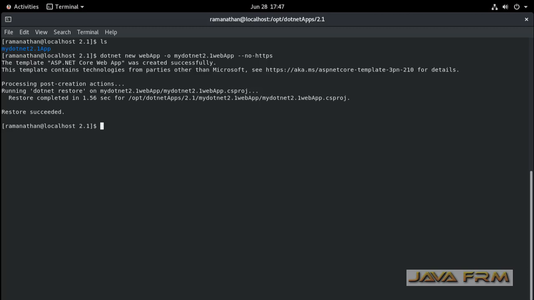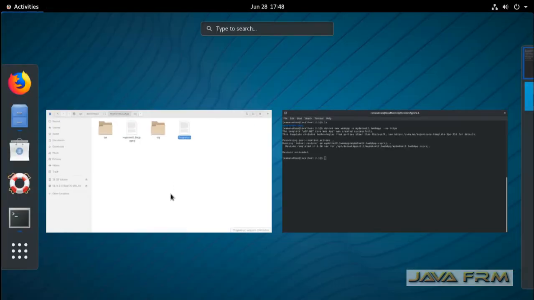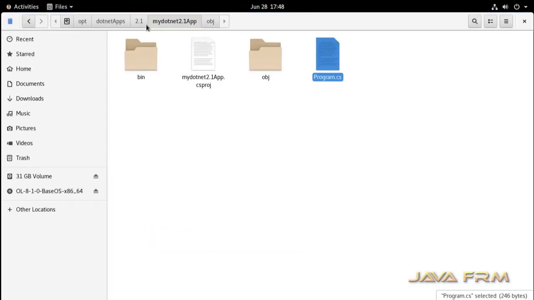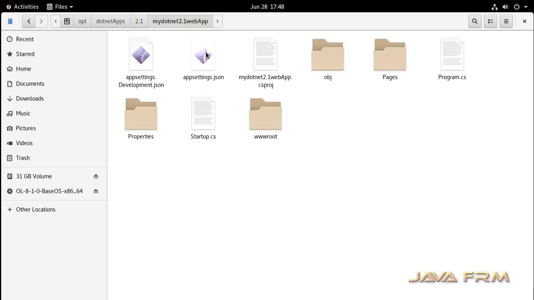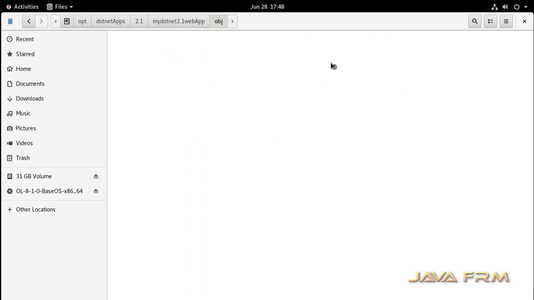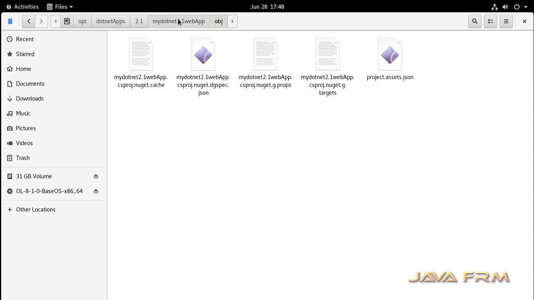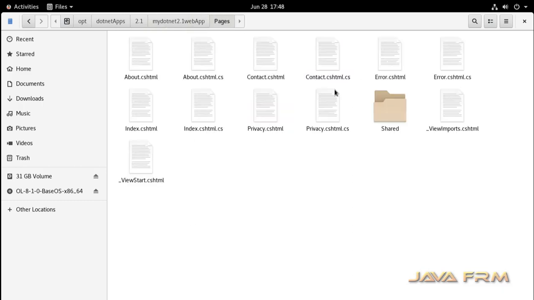Inside that ASP.NET web application directory, you can see a lot of files are generated. Let us navigate those files. Yes, this is the directory structure of a .NET Core 2.1 web app, that is ASP.NET 2.1.